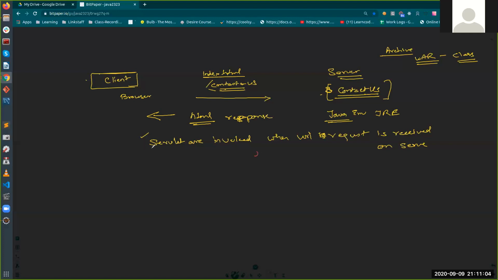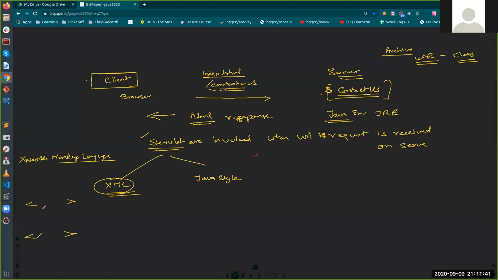Now when I have to make a servlet, I can put two types of configuration: XML configuration and Java style configuration. XML configuration can be a little extensive, a big mapping you have to give. In case you are not aware of XML, it is extensible markup language. Why do I call it a markup language? Because it has opening and closing tags like HTML.